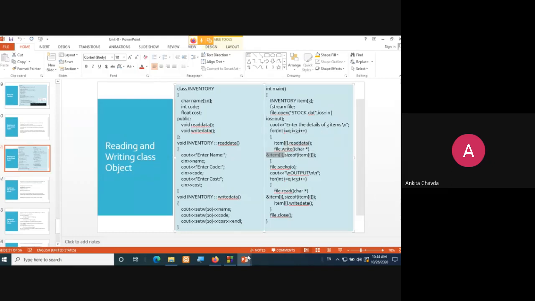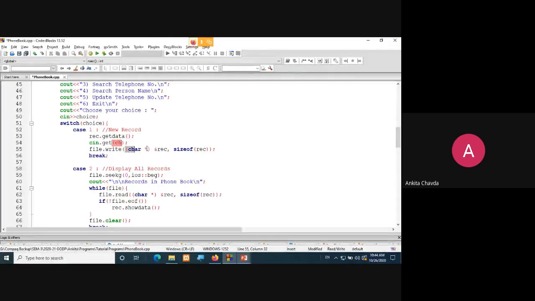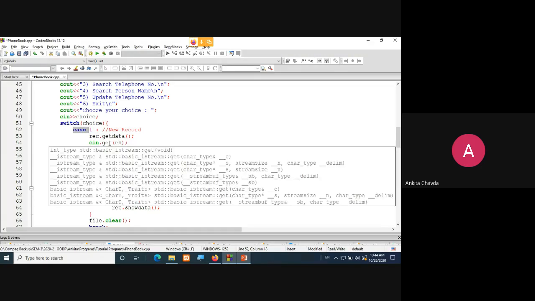Here also you will do the same thing, same syntax. This is your casting, which is compulsory, and it will be into character pointer only. Then ampersand sign, record, which is your object name, and size of the record. Then simply break. So this is your case 1. Whenever you enter 1, you will be able to add the record into your file.